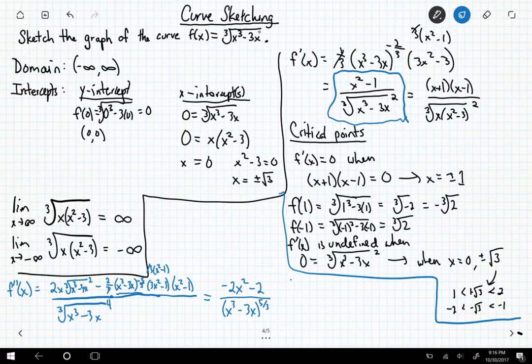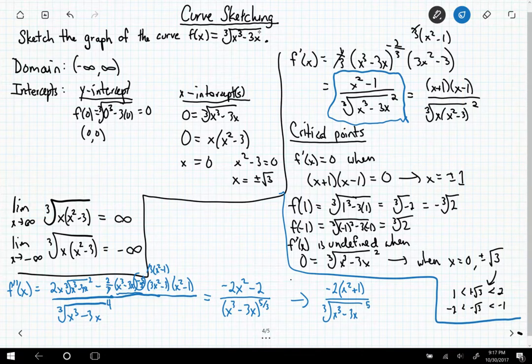And you can see what's happening with that negative 5/3 there. That's going to go down to the denominator and take over, essentially, what's happening. And just a little bit of practice there. So now, the numerator, you can factor a little bit. So that's negative 2 times x squared plus 1, which will be important for us to recognize. And then this 5/3, remember that's the cube root of x cubed minus 3x